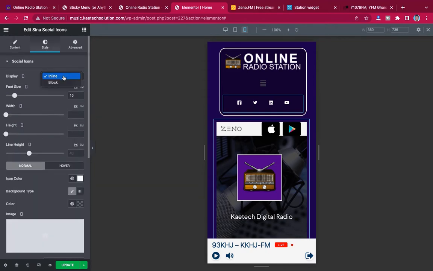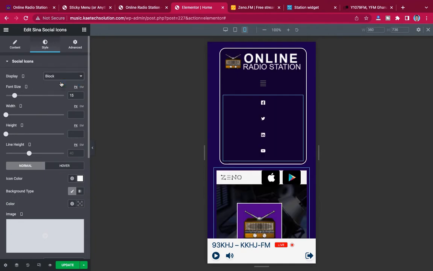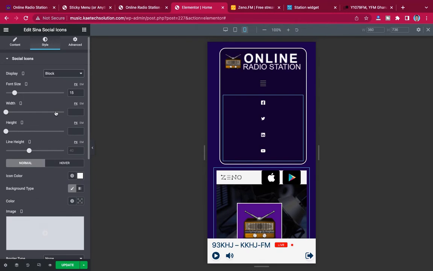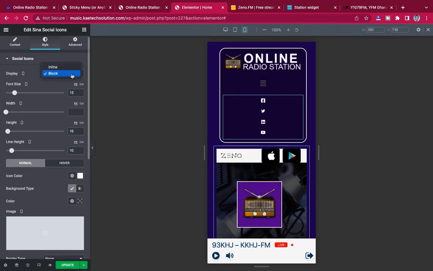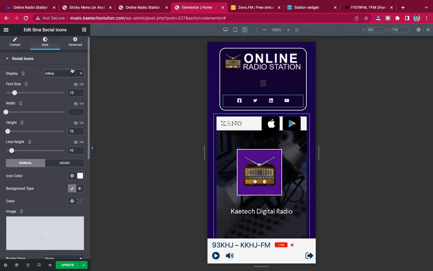Okay, so with the inline, I'm going to change it towards block. If you make it block, this is how it's going to be. With the height, let me reduce the height and see. Okay, I'll still make it inline, but what I want to do is go to